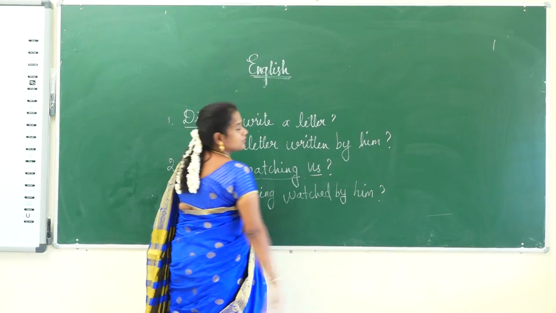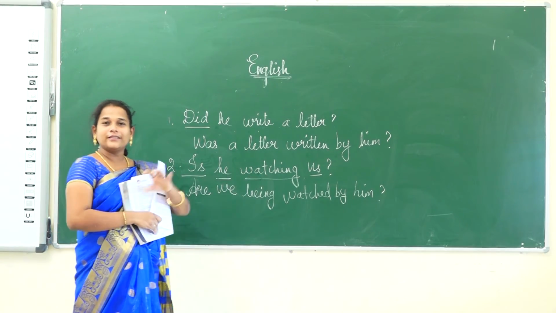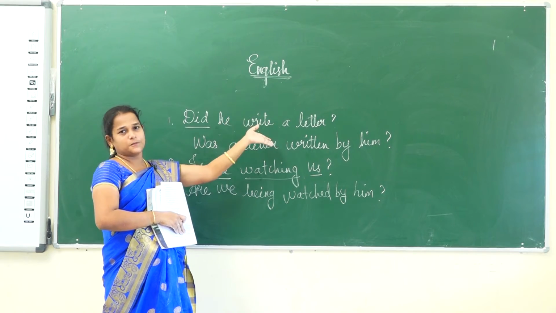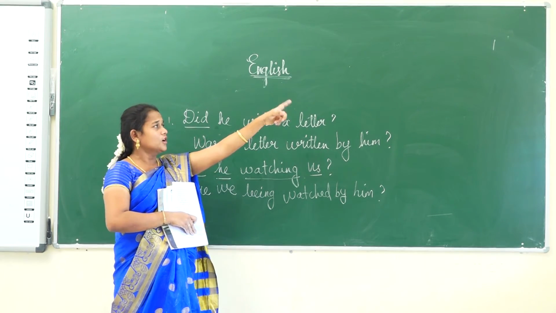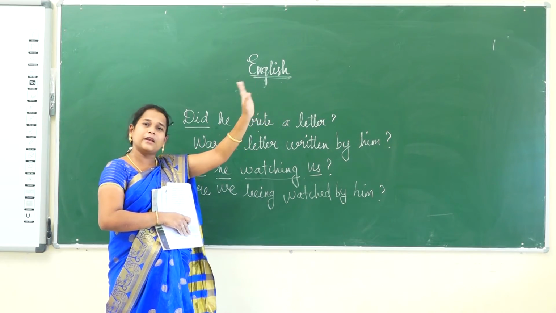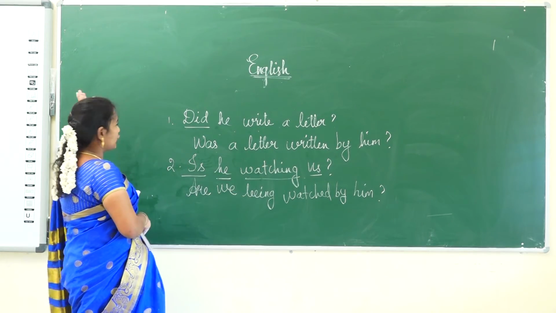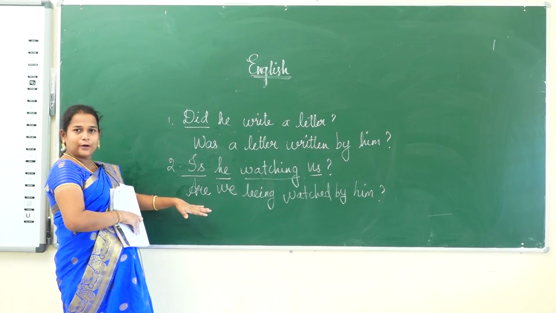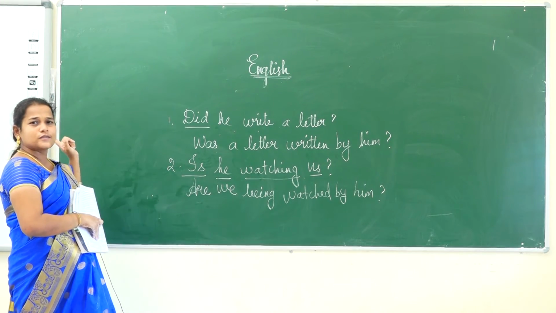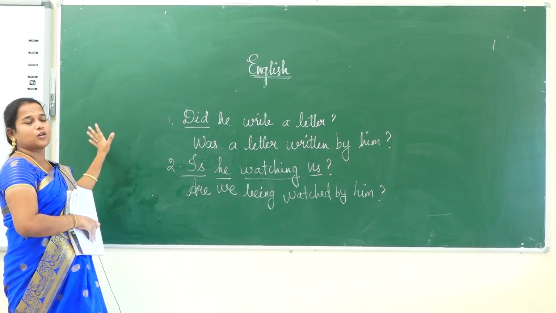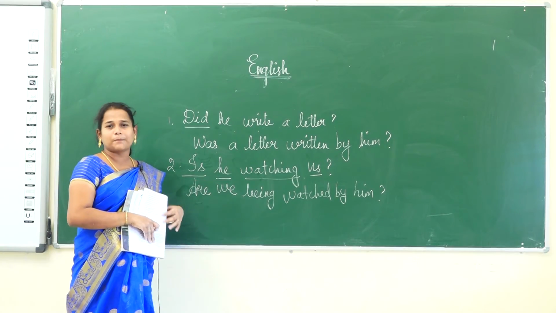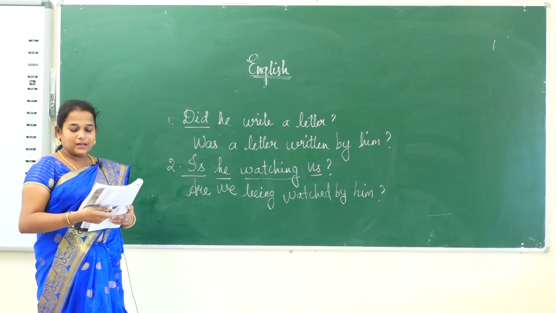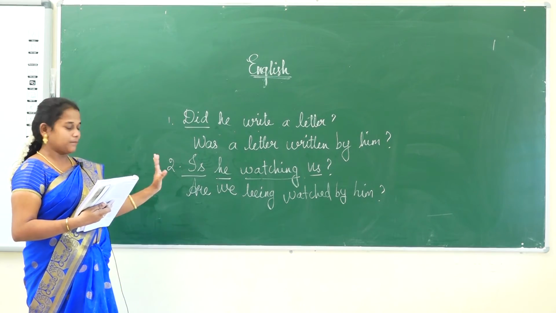Do you understand? So you have to be thorough with active voice, the types of pronoun, how to change the subjective into objective, objective into possessive, that I had given you already at the beginning of the class itself. Then you have to know what is the respective verb we have to supply. So you have to know the singular, plural, present tense and past tense columns. Then only it is easy for you to supply the auxiliary verbs at the respective place. Okay. This is the yes or no question type.